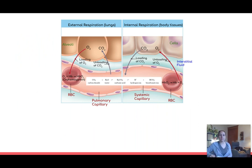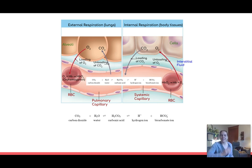There was one thing I forgot to mention yesterday in the notes, so I want you to add this real quick. On page 5, we labeled this crazy picture here. Down at the bottom, you don't have to write this formula down again, but we talked a lot yesterday about what carbon dioxide does when it gets into your bloodstream. The main thing that's important that you know is it doesn't stay as an acid. It gets churned into a bicarbonate ion. Now, what I didn't mention to you guys yesterday is this doesn't just happen automatically, naturally. What I failed to mention is it requires this very important enzyme called carbonic anhydrase,